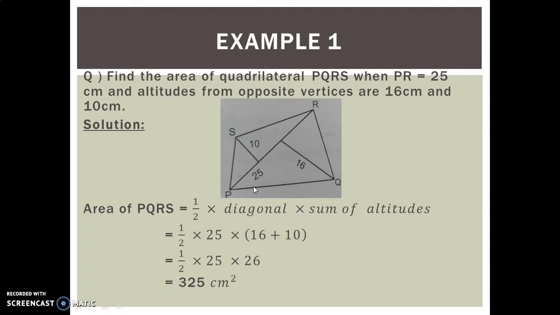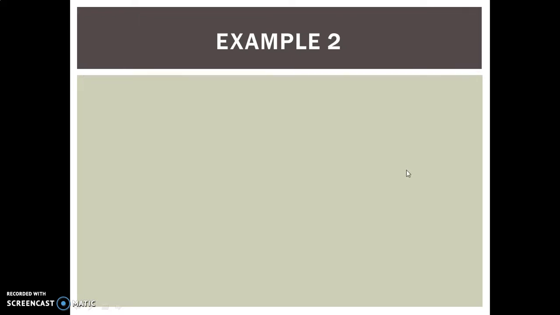So this was very easy. Now let us look at the example number 2. You have to copy down both the examples. You have to write down both the examples. You have to write down the formula for both the types. Okay, so the slides which you are seeing in this video today, you are going to write everything. Okay, so now the example 2.